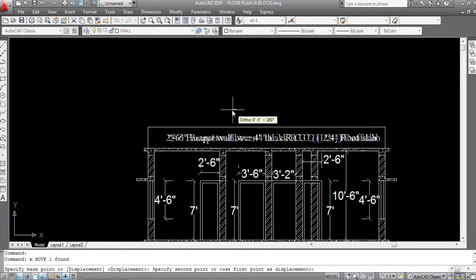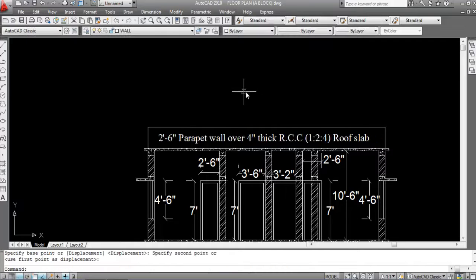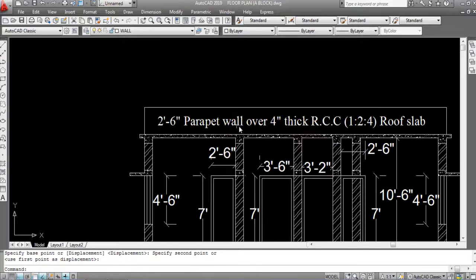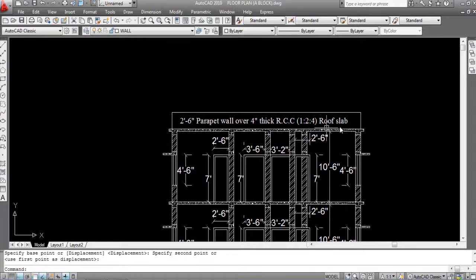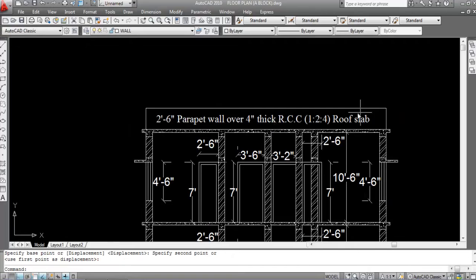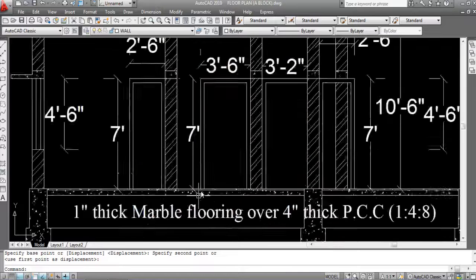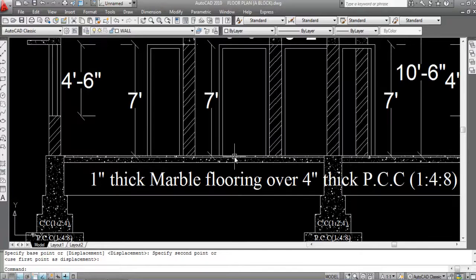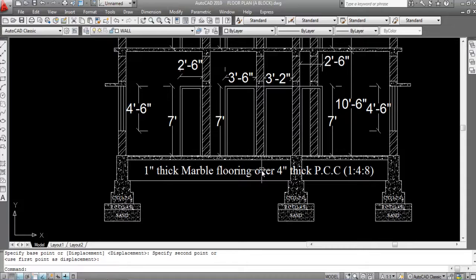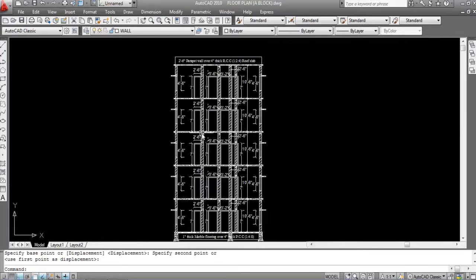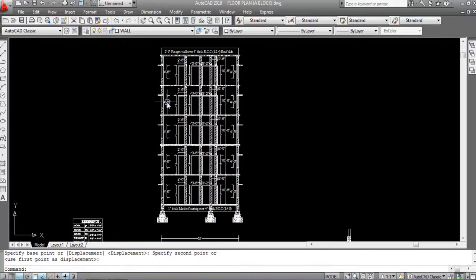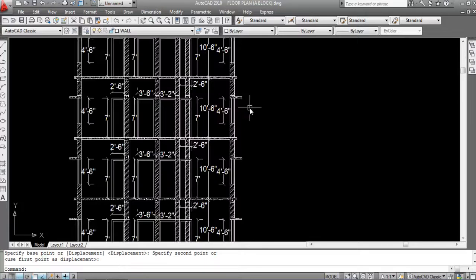Okay, now move this line to here. Okay, so this is the multi-story section is created. This is the roof slab and this is the parapet wall. So this is 1 inch thick marble flooring over 4 inch thick PCC, and this is the sectional elevation. This is the multi-story sectional elevation. Okay,